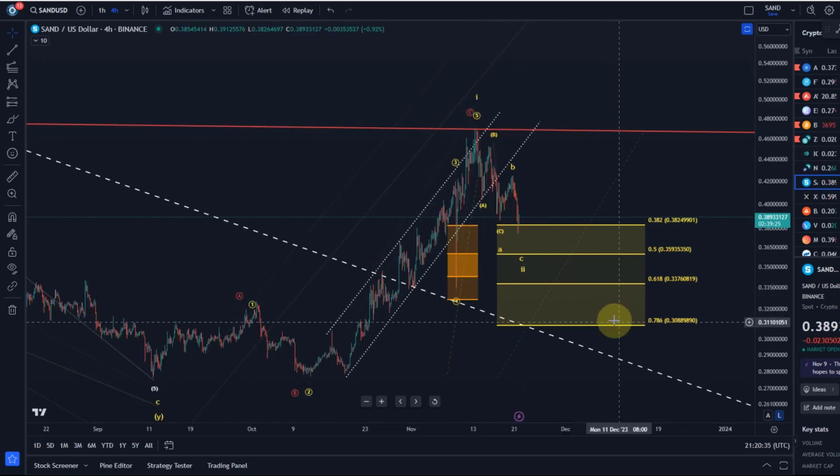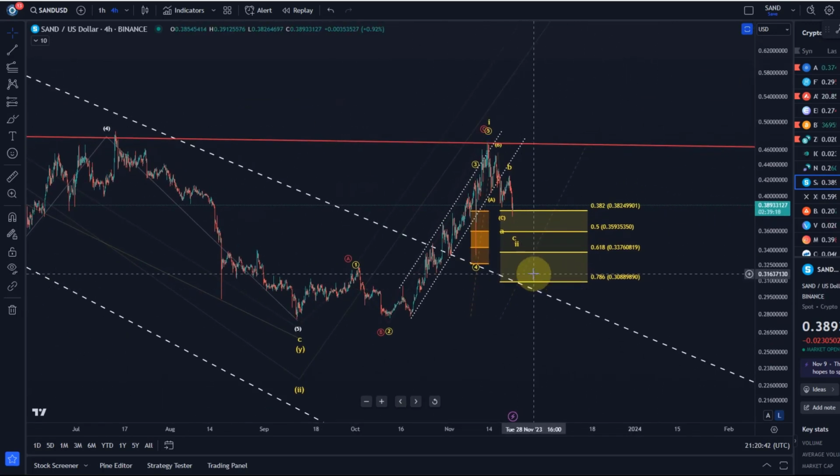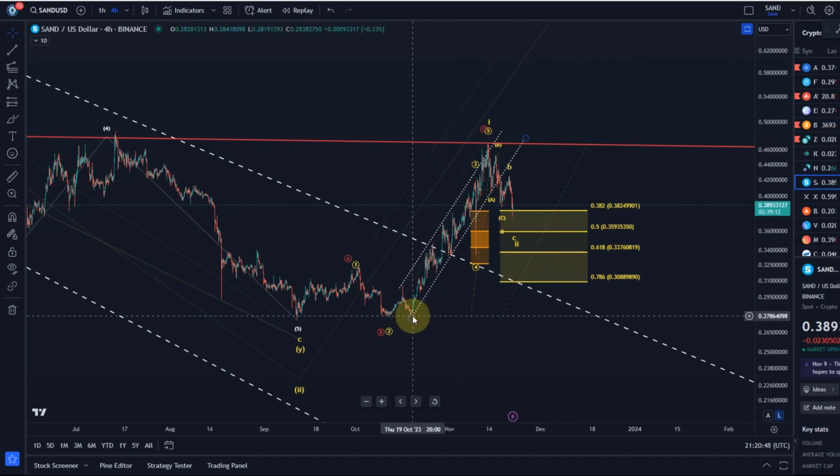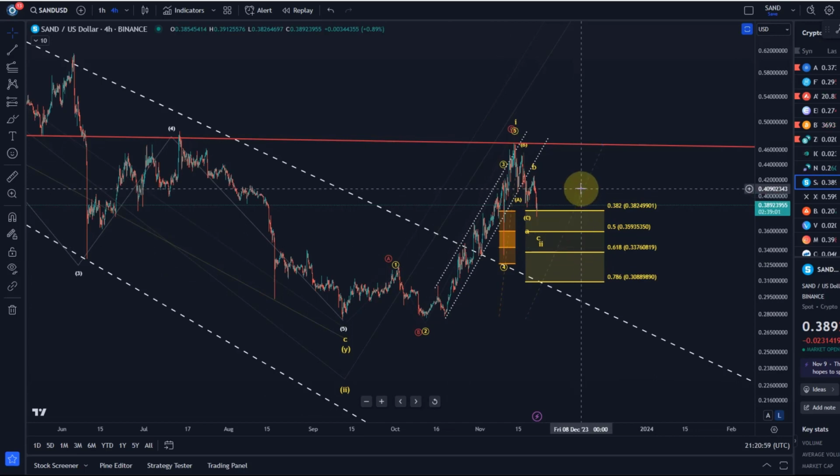As long as we're holding above 30.9 cents, I would be watching for a third wave rally. Below that level, it will get very questionable. We will then also likely break back into the trend channel, which would have bearish implications. We are then likely going to test the October and September lows, which isn't great because then we'll likely break it as well. So the conditions are defined, support that needs to hold.